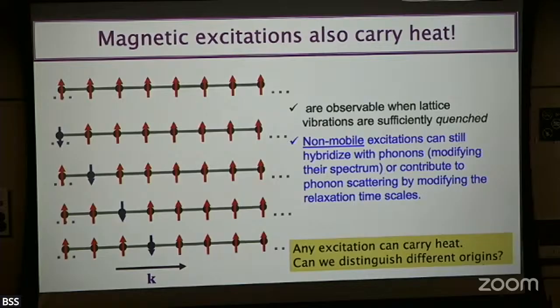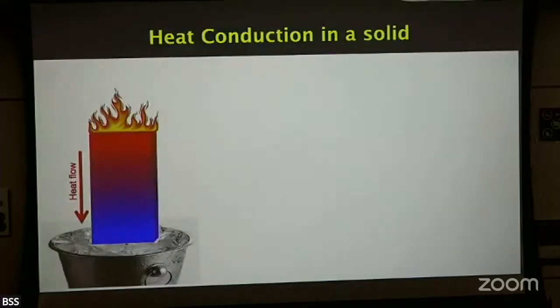So if you think about just a local spin excitation, that only happens locally, but when it sees the phonon, it can ride on the phonon's back, move out, and carry heat. But what kind of particle is that? That's not spin, that's not phonon. So we really have to come up with a new way to think about heat transport, not just the interesting part and non-interesting part, okay? So how are we going to distinguish this origin?